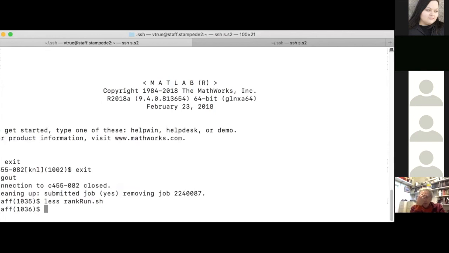The other question about MATLAB on maximum cores and allocation: we do have the parallel license for MATLAB, so you can run on all of the cores that are on the node. So if you're on a KNL node, you can run on 68 cores.